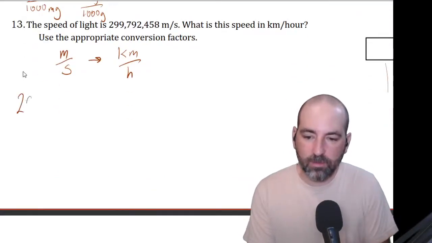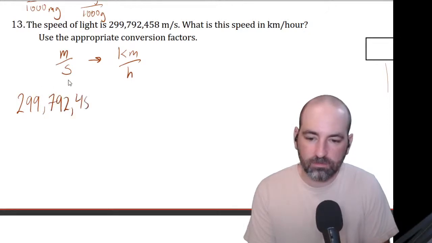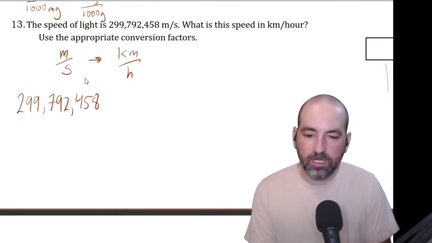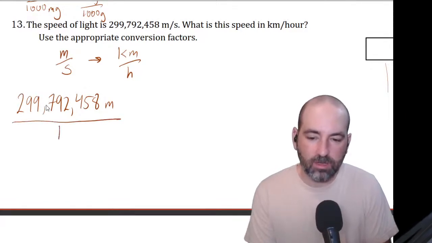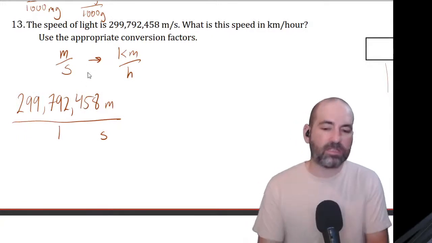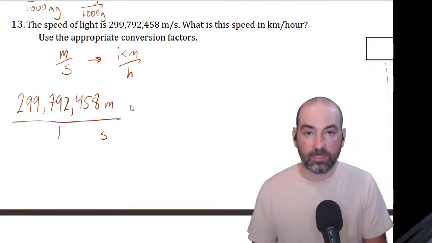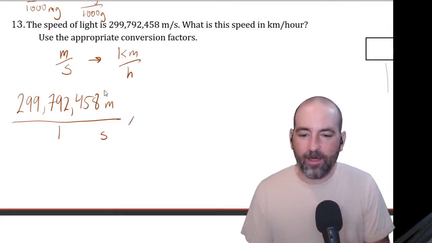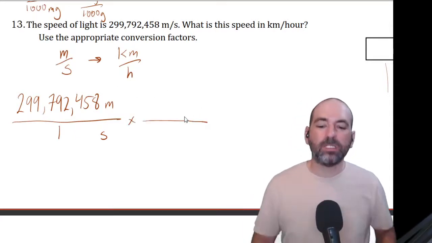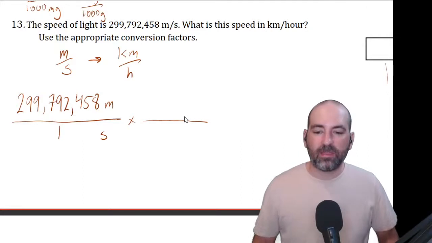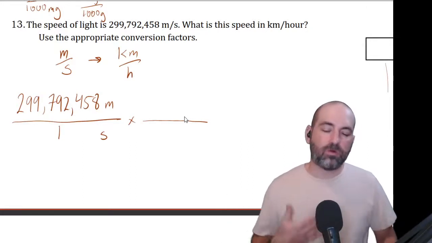So we got this big number, speed of light. And that's meters per second. So remember, meters per second means that many meters in 1 second. That's how fast light travels. It travels this many meters in 1 second. Pretty fast. Okay, so we want to multiply it by a factor that converts meters to kilometers or seconds to